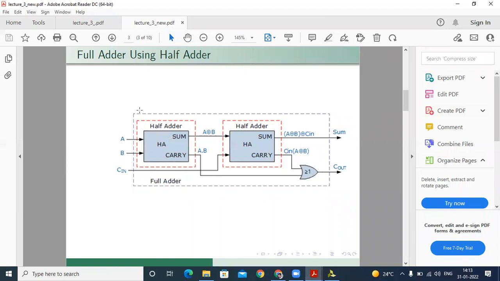This is our top module. We say this is our top module, and this is our internal lower module. You mean to say this one is the first module and this one is the second module, but it is the same internal structure. And by calling these, we develop our top module. You can see in this.